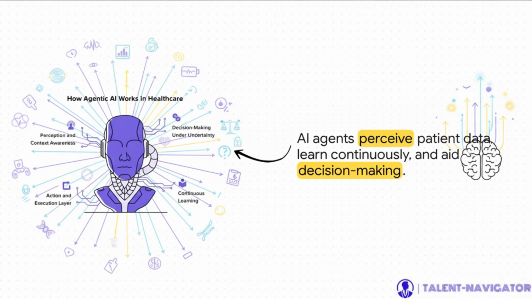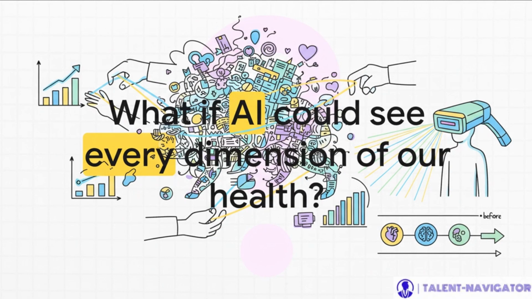We're talking about AI agents that can see a patient's health in all its crazy complexity, learn as new data comes in, and help doctors make decisions with insights that were just impossible to get before. Which leaves us with this one kind of mind-blowing thought. By learning how to tame this data beast, we're not just making clearer charts or better models. We're opening the door to a whole new era of proactive, predictive medicine, one where we might just be able to spot diseases